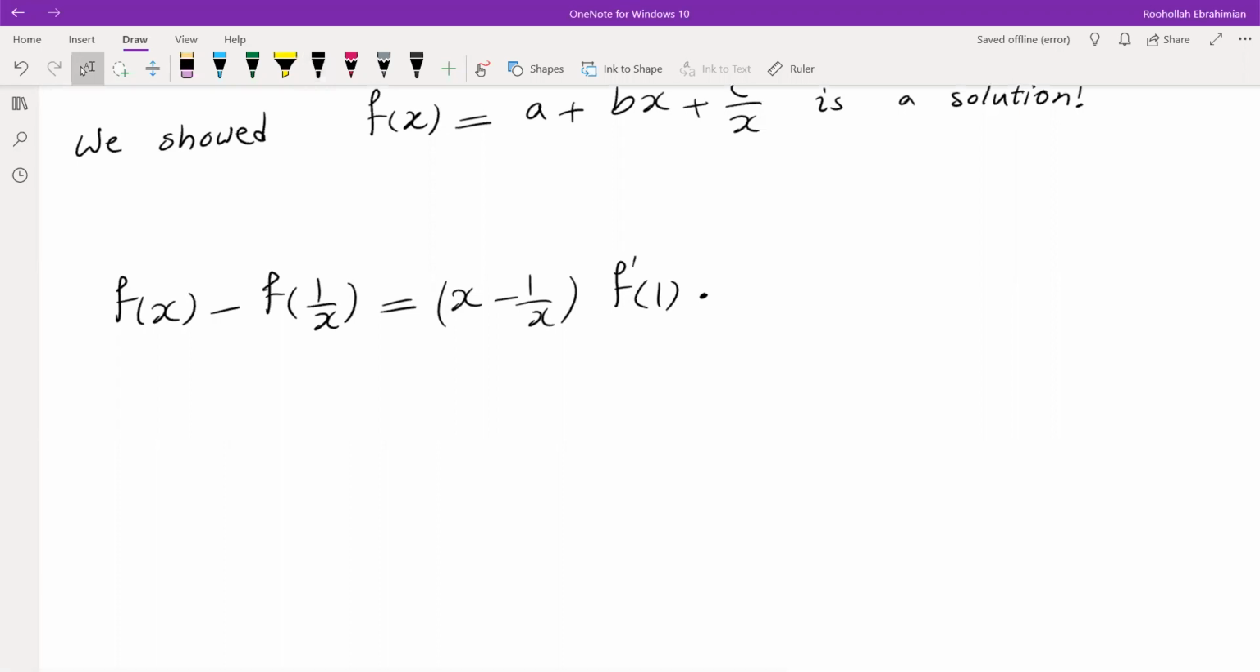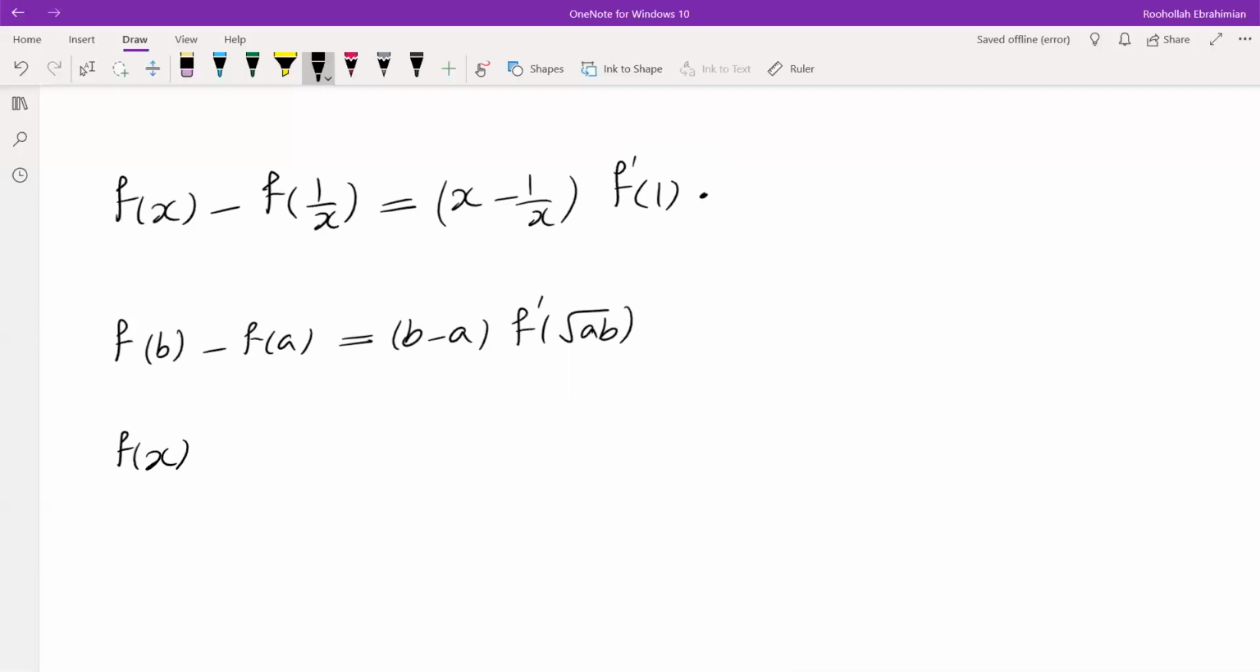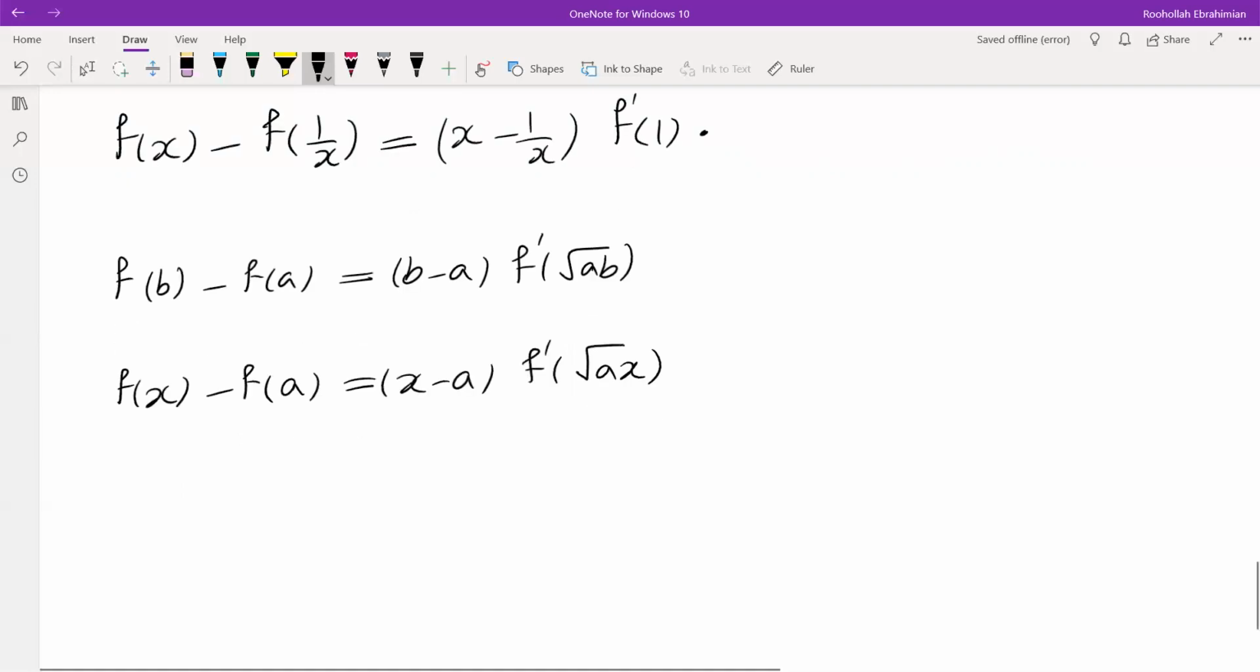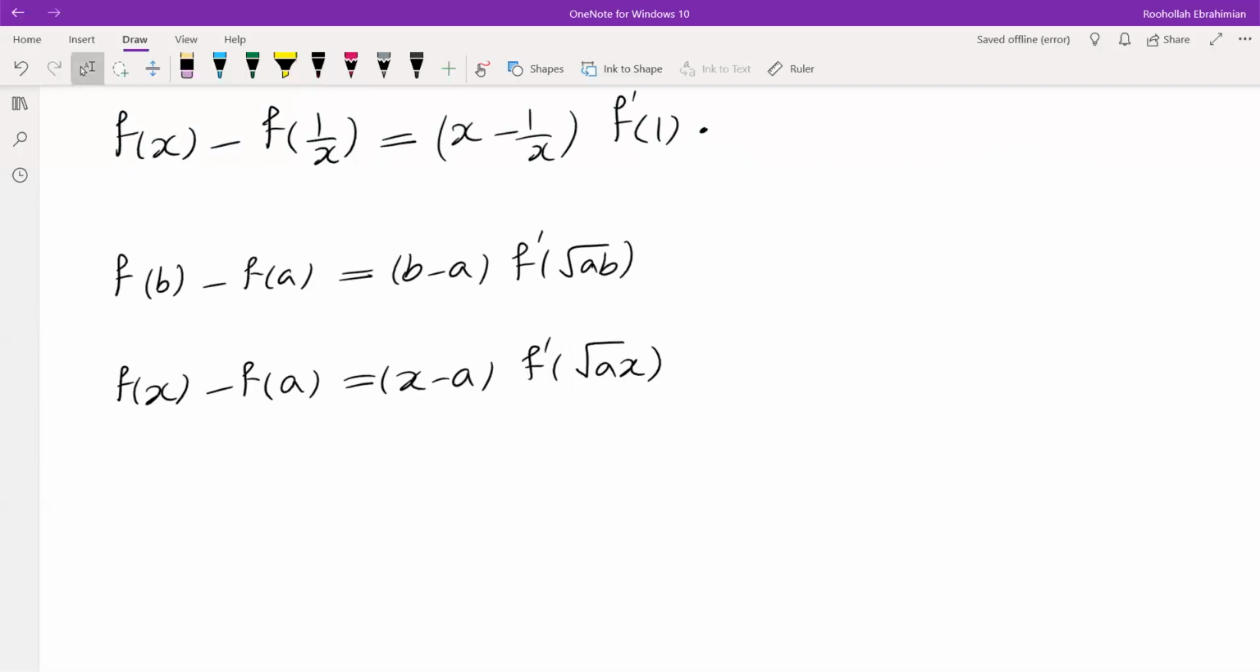So I'm going to go back to the original equation, which was f of b minus f of a equals b minus a times f prime of root ab. Initially, I had taken the second derivative from this equation, f of x minus f of a equals x minus a times f prime of root ax. At that point, I wanted to show that the second derivative is 0. So let's take the second derivative